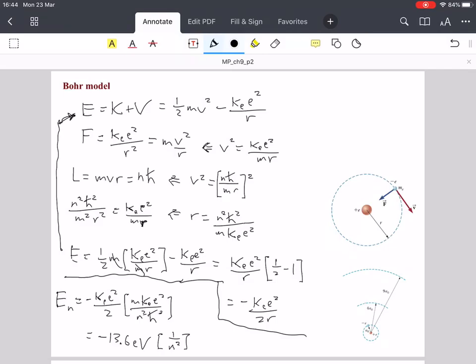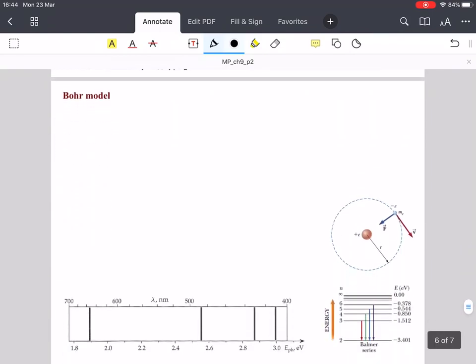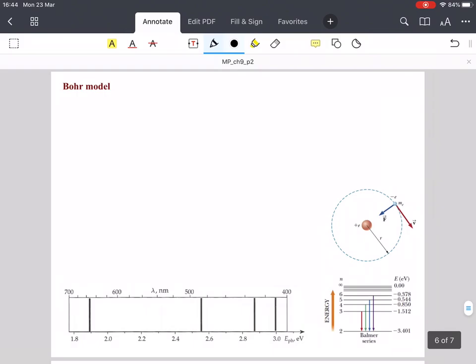Now that we have the energy for a fixed n value for a state in the hydrogen atom, we can look at transitions, which is Bohr's third postulate. So if we go back, we'll see that we had delta E, the change in the initial minus the final energy states, and this looks a bit strange because we're used to final minus initial, but we'll see why the sign is flipped. And this is equal to the energy of the photon that's given out,